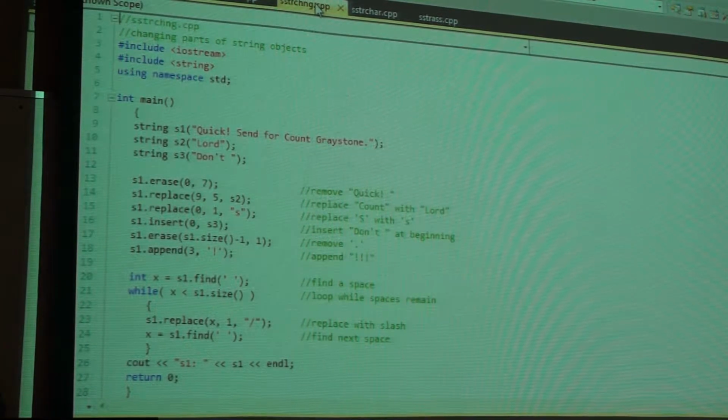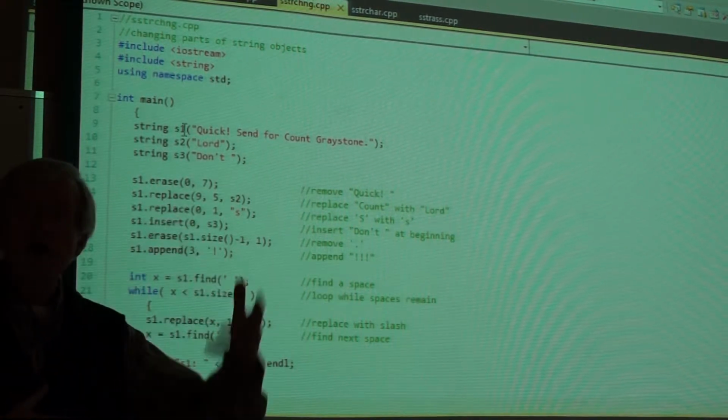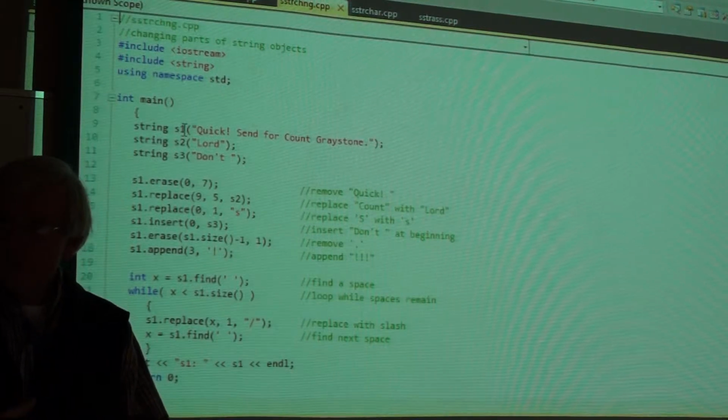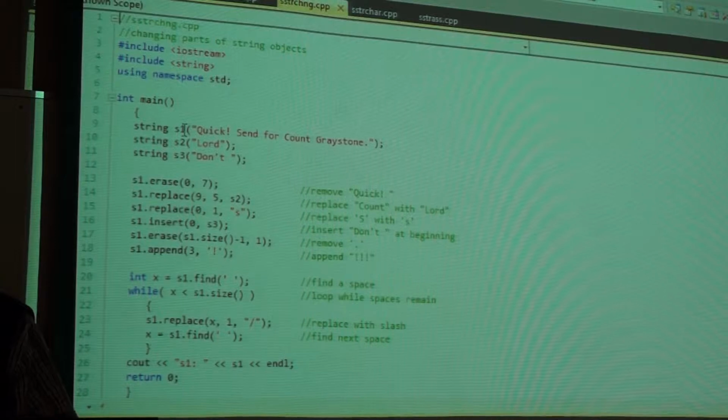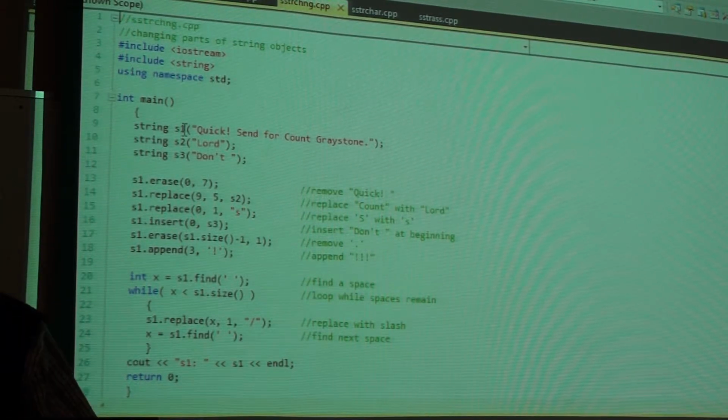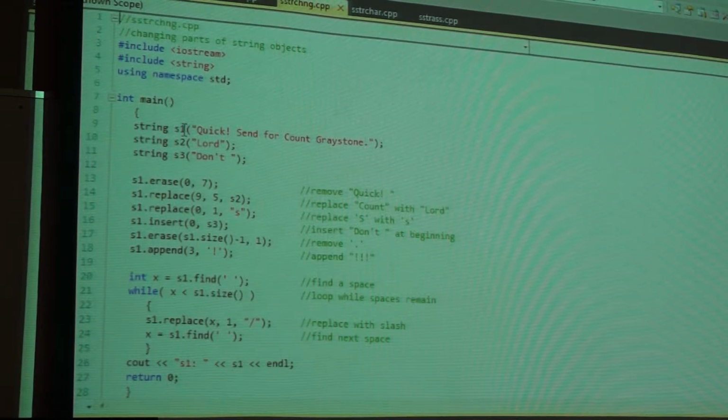In point of fact, up here, string S1 invokes something we call a constructor. The constructor is a piece of code that runs behind the scenes and is guaranteed, automatic, it always has to be there for any class.